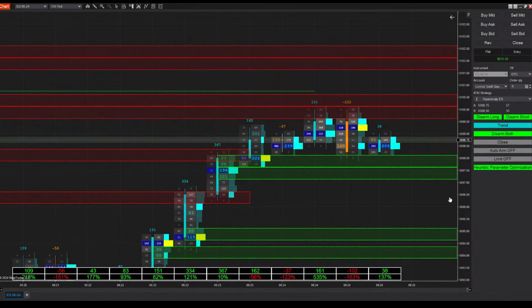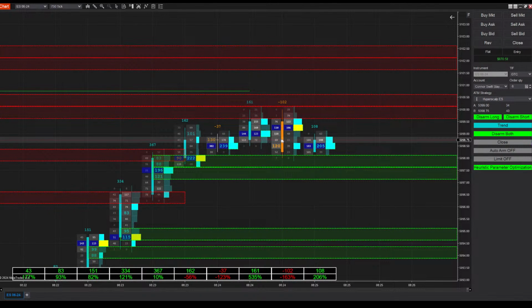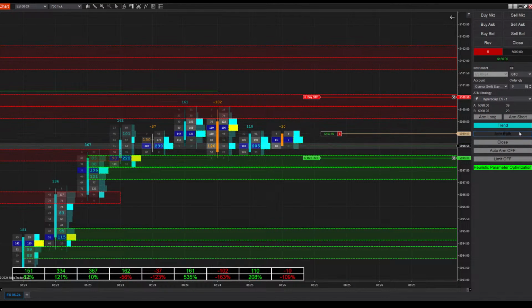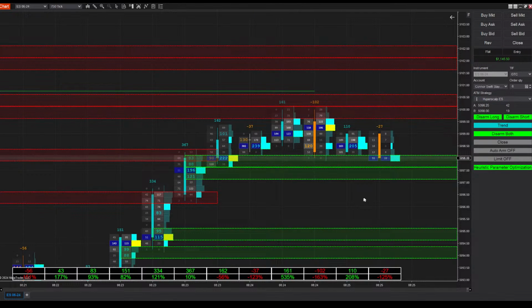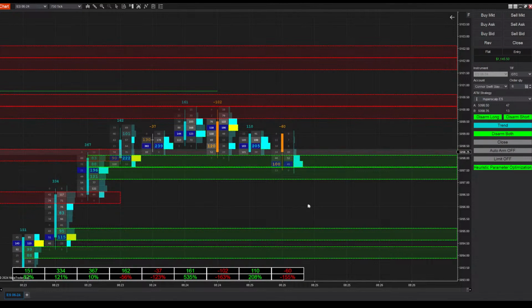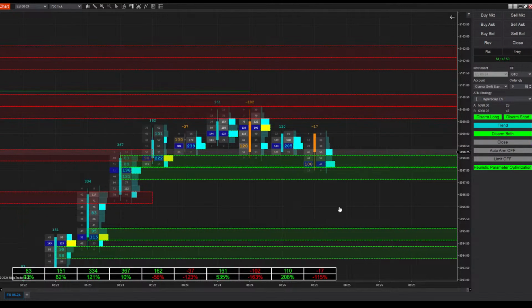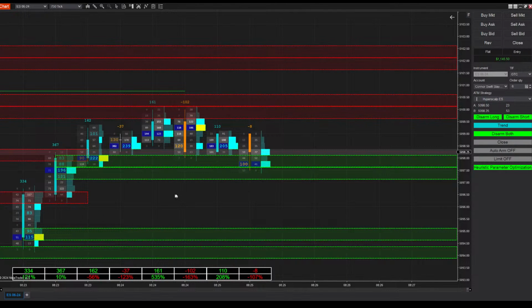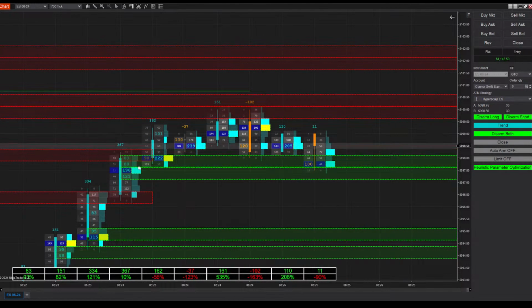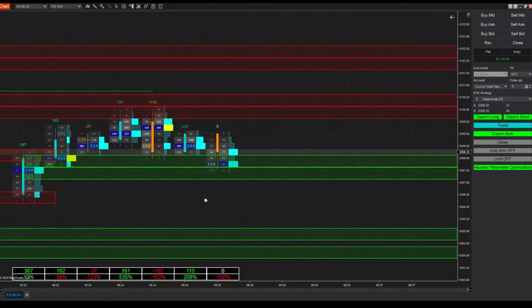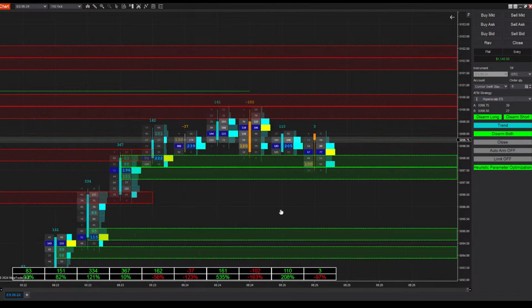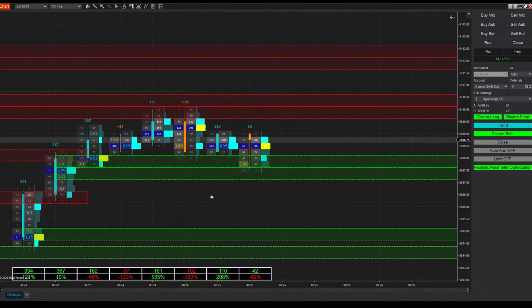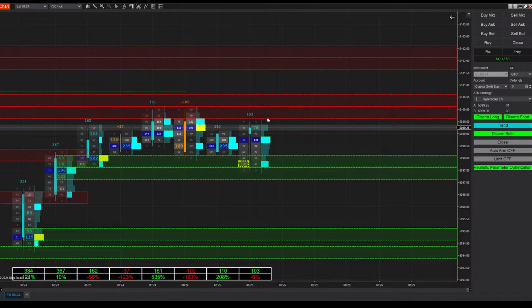But ES is a little different. I'd say ES is going to be mostly in trend mode because these imbalances hold up under scrutiny much better than on NQ. You can see here we're up to $1,100 on the day now, but trend mode is going to be a lot more reliable than it is on NQ, just because NQ is very, very whippy. And you can take advantage of that in regression mode, but it can be quite difficult to trade in trend mode. But this is, I'd say, much easier to trade, and you don't really have to worry about fill speed